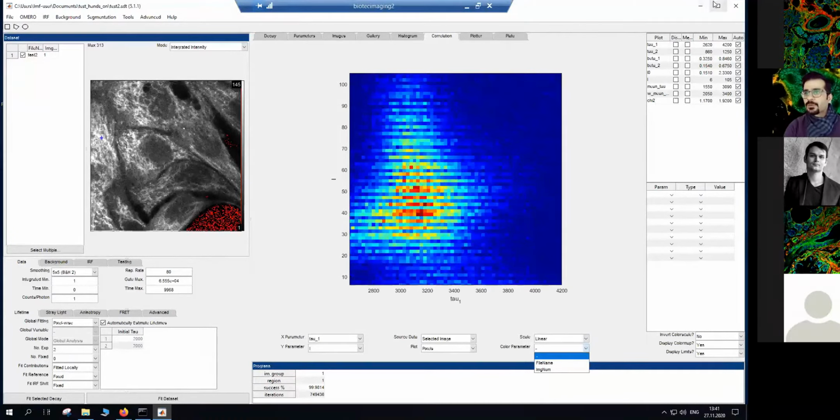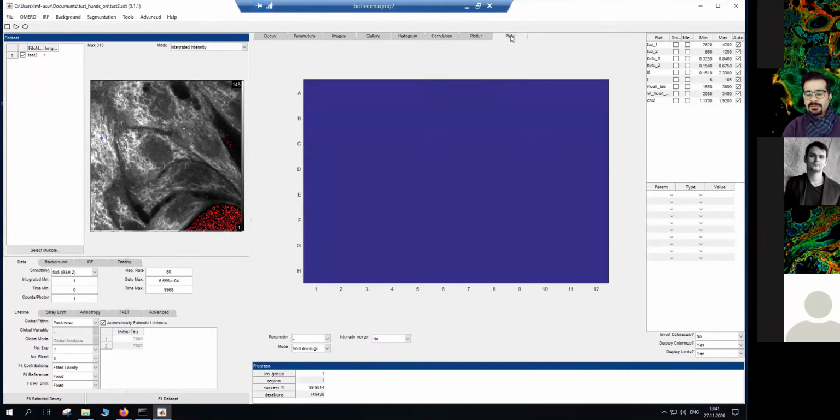As I said, there are 2 things which are very important. First of all, it's having a handshake, and also you can load your data directly from OMERO. And the other thing is, if you have in mind to do high throughput FLIM data analysis, there are templates and platforms ready in this software to do your analysis. But